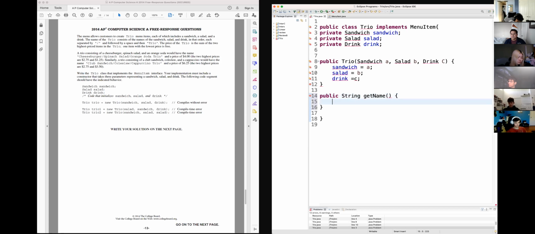And what it does is it returns, okay? So what does it say? sandwich.getName. You don't know what the sandwich's name is. It can be anything. Remember, this is supposed to work for any menu item. Sandwich.getName plus, and believe it or not, this mattered, you needed to do this, plus salad.getName plus